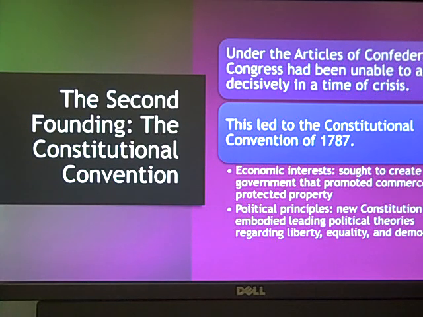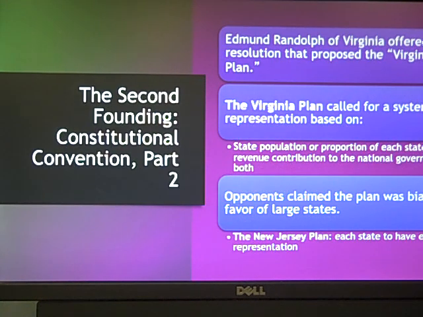Alright? The other problem is, not even every state sent somebody to the convention. Right? Now, if one state's absent, we really can't get all 13 states to agree because somebody's not there. So, they lock themselves into a room and they're going to redo everything. They're going to start over from scratch. And they're going to write the Constitution. There's a whole bunch of compromises that have to happen here. How are we going to get to where we get? Again, most of this should be a review from U.S. history, so I'm going to blow through it quickly.